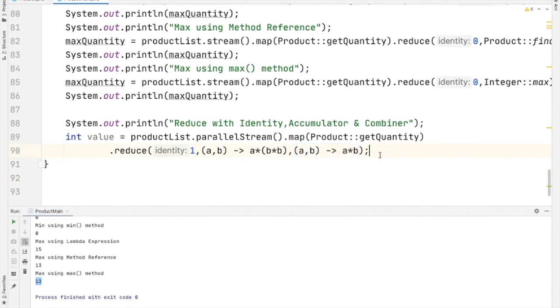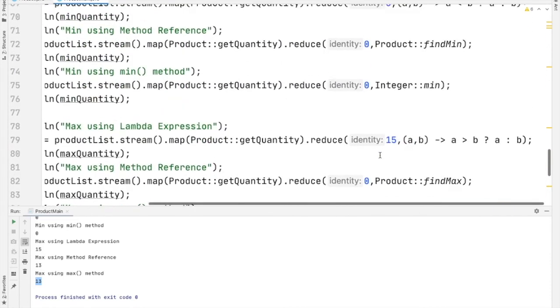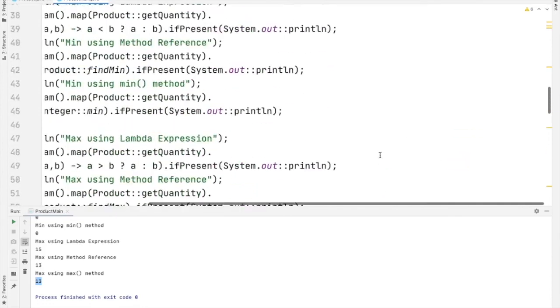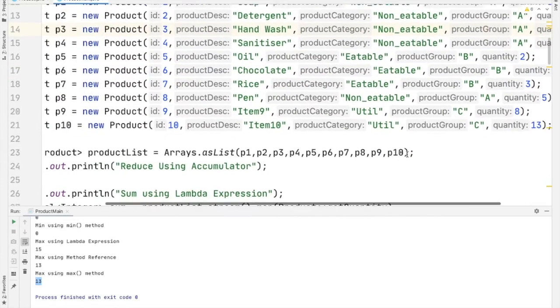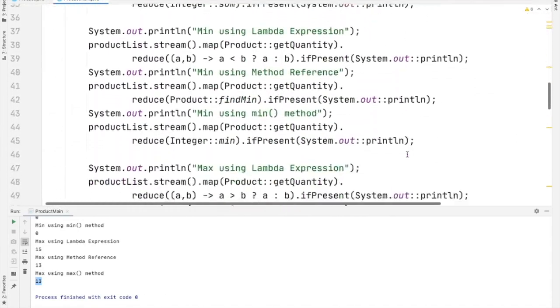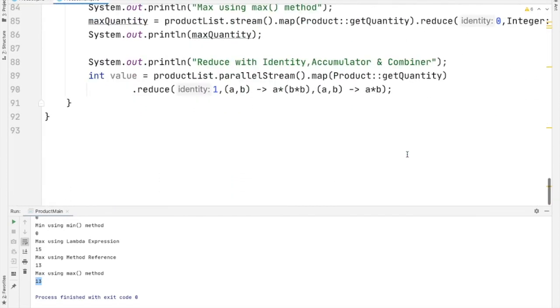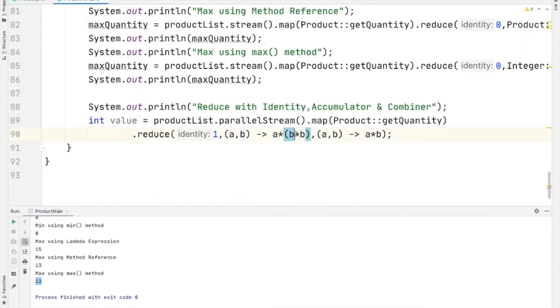I will explain you this clearly. Here we are going to find the product of squares of quantity, that is 5 square into 2 square into 5 square into etc. This is the logic we are going to perform here. That's what I have written here. So in this case we have an identity value of 1.